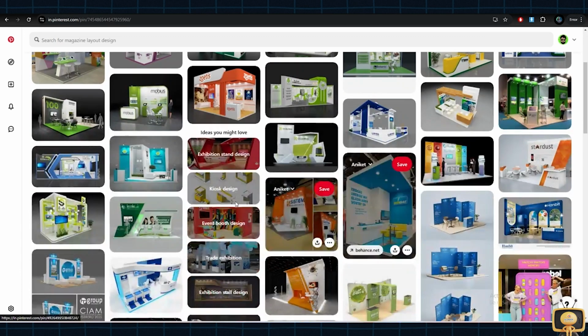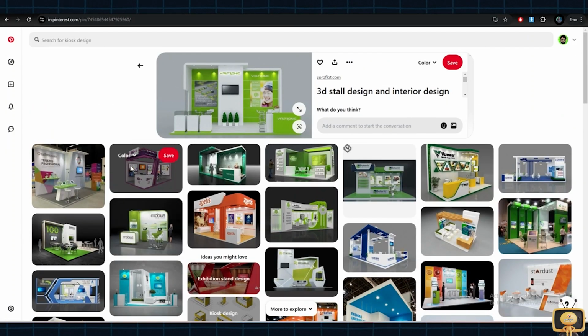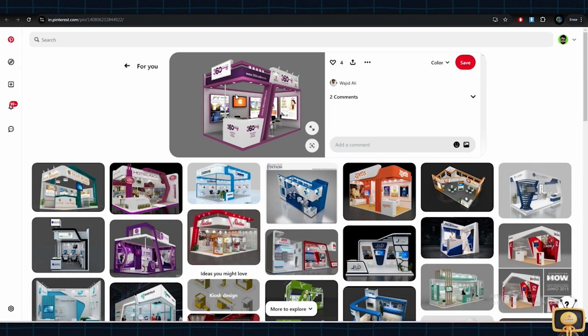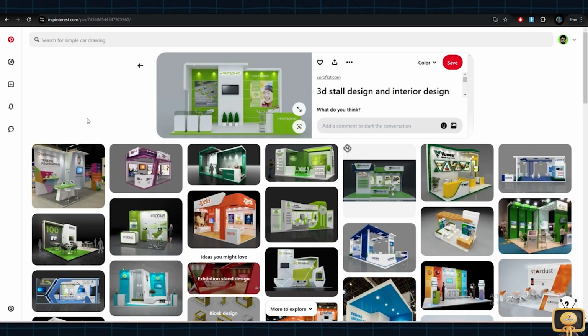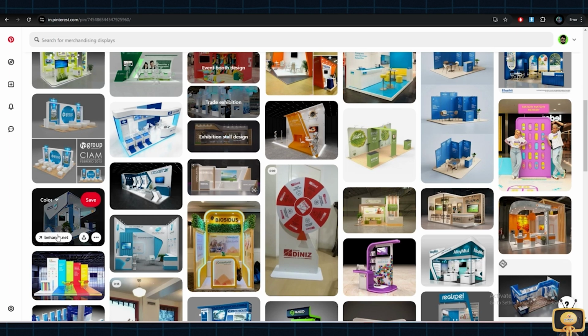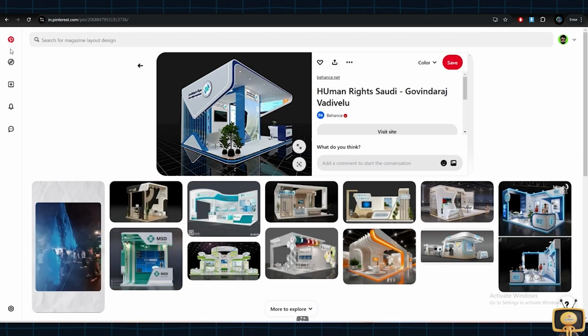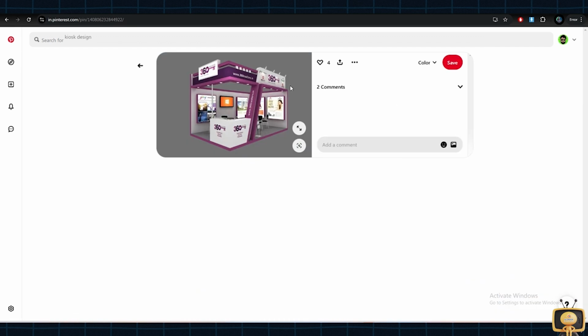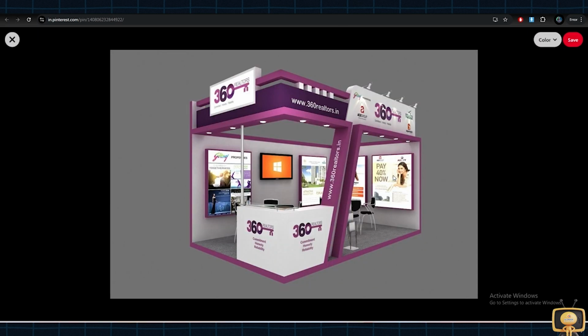So here is the Pinterest example, and I like this one because it is a little bit complex, and for the example that we are going to see, it is a perfect fit for us. These are very advanced, you can check them. After generating this difficult one, we will create many of them.